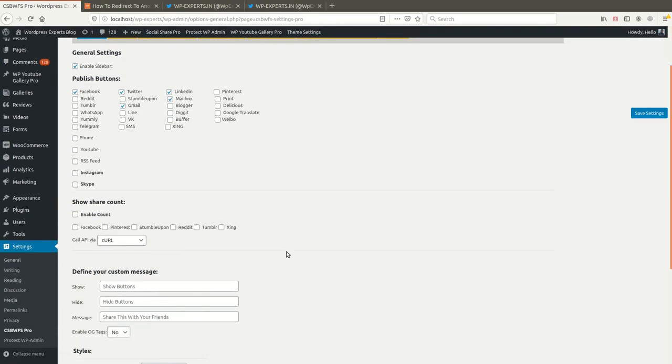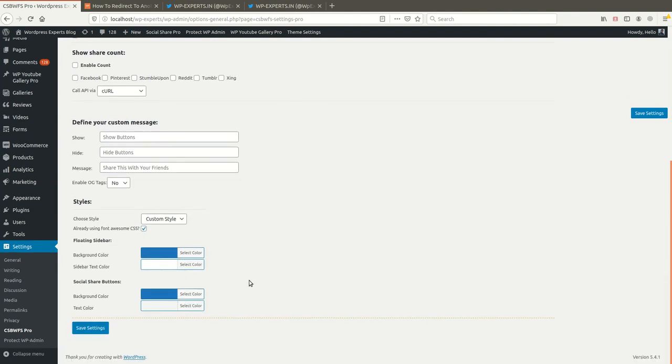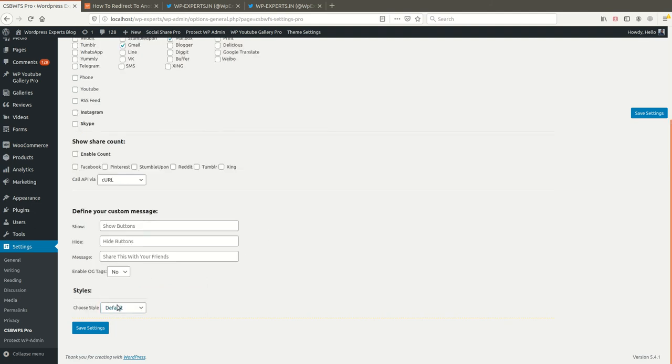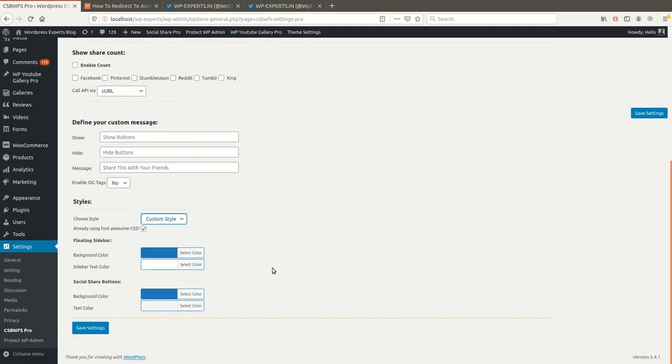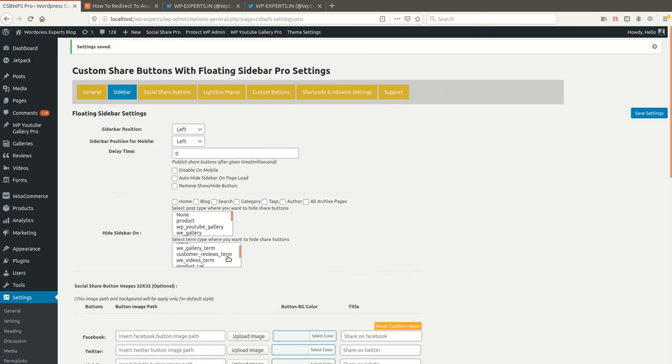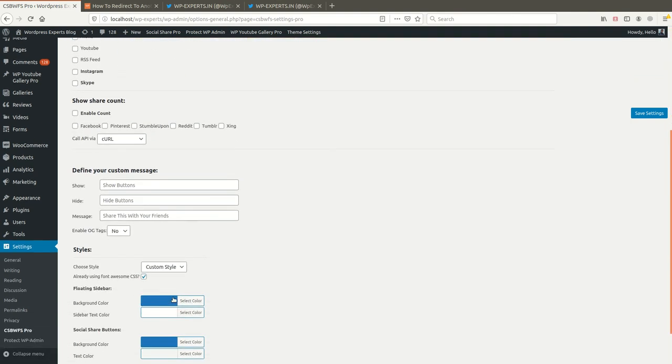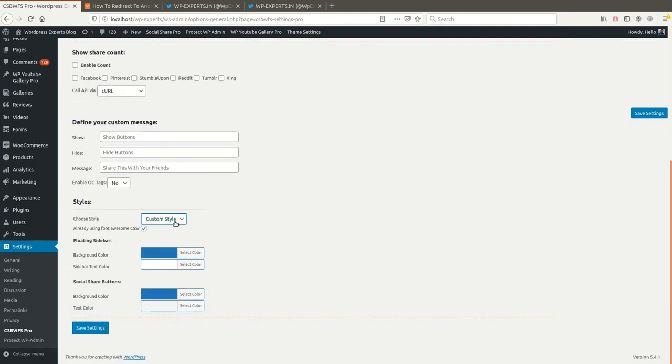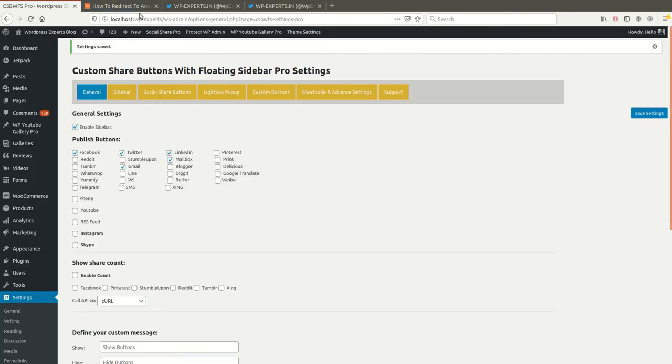So you can use this custom style as per your website, when you want your buttons to match your website. If you want to use the default standard color of the buttons, then you can choose default, and otherwise you can choose the custom style. In the case of custom style buttons, you will not be able to use the custom upload feature. When you go with custom style, it means all buttons will be displayed with the same color. So these are the settings.